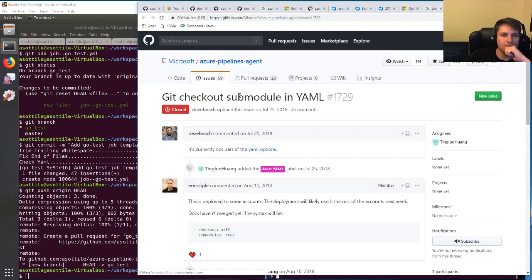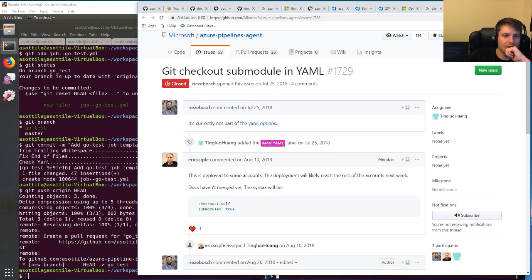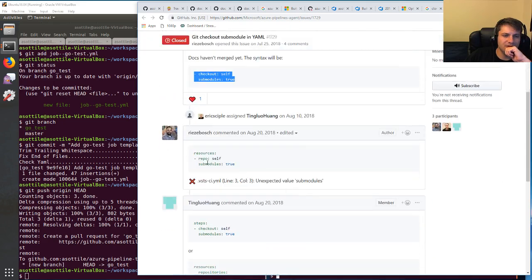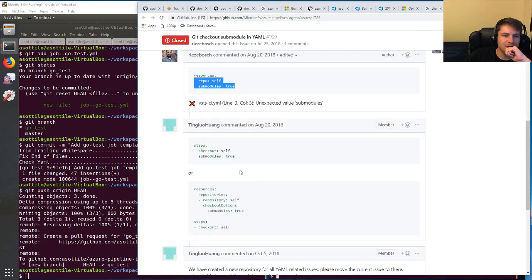Now, if you do that all the time, you'll find that you've nothing to think about. Docs haven't merged yet. The syntax will be this. Just as you have to stop talking to hear what others have to say, you have to stop thinking. Resources, repo self, submodules true. And the moment you stop thinking, you become into immediate contact with Okay. the unspeakable. Wait. Unexpected